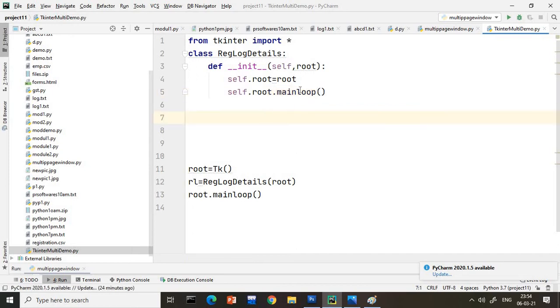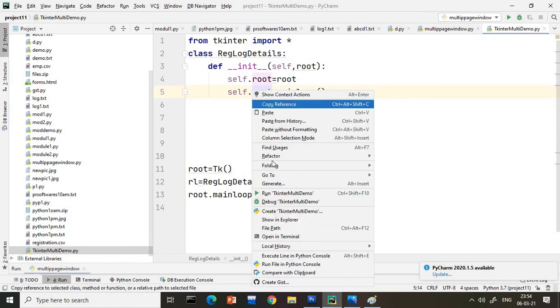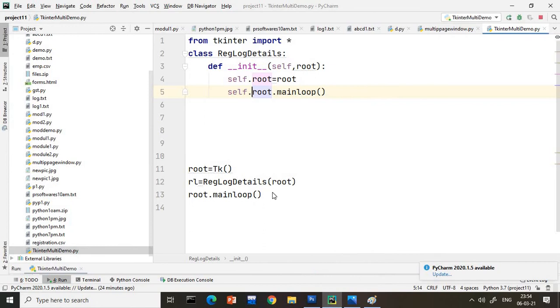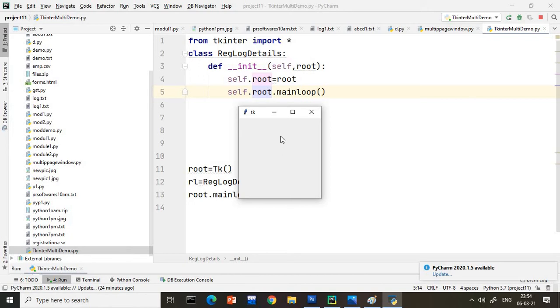Whatever window is there, it opens and closes. I will just execute this to check whether it is working fine or not. See, perfectly fine, my one window is going to open here. So what is our next step? In my window I need to create the two buttons. To create the two buttons, the window size should be bigger, and we need to give some look and feel to my window. So how to give it, one by one we will see.